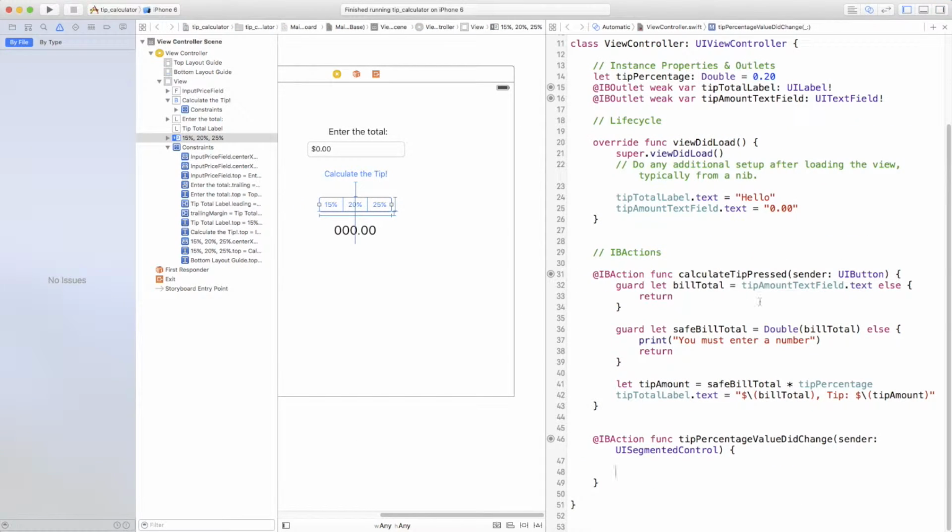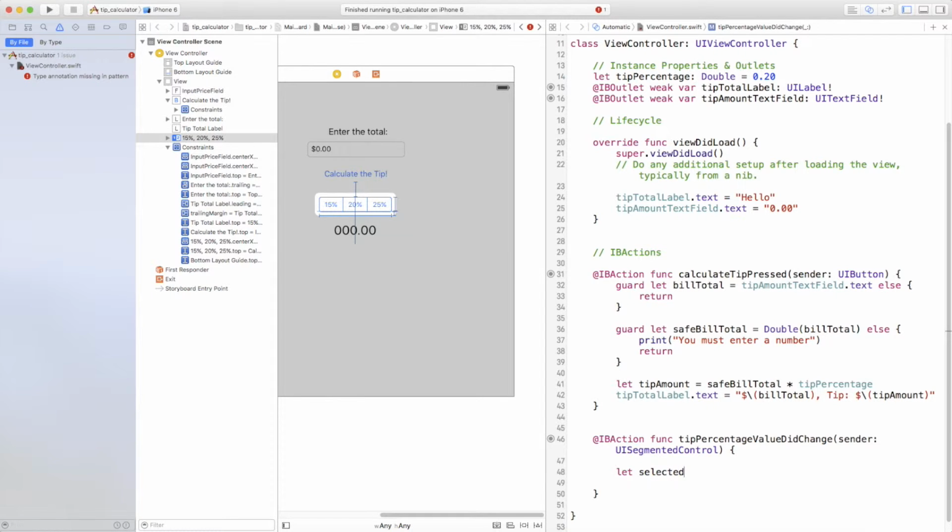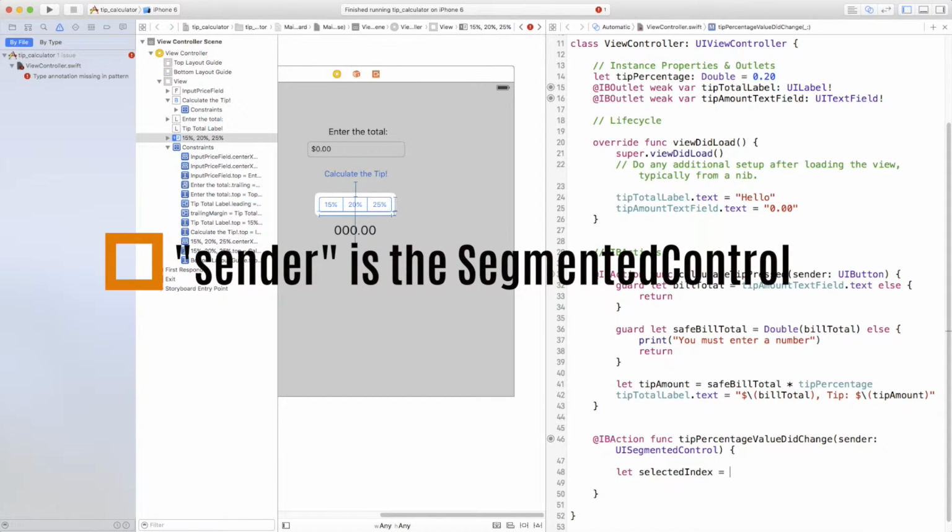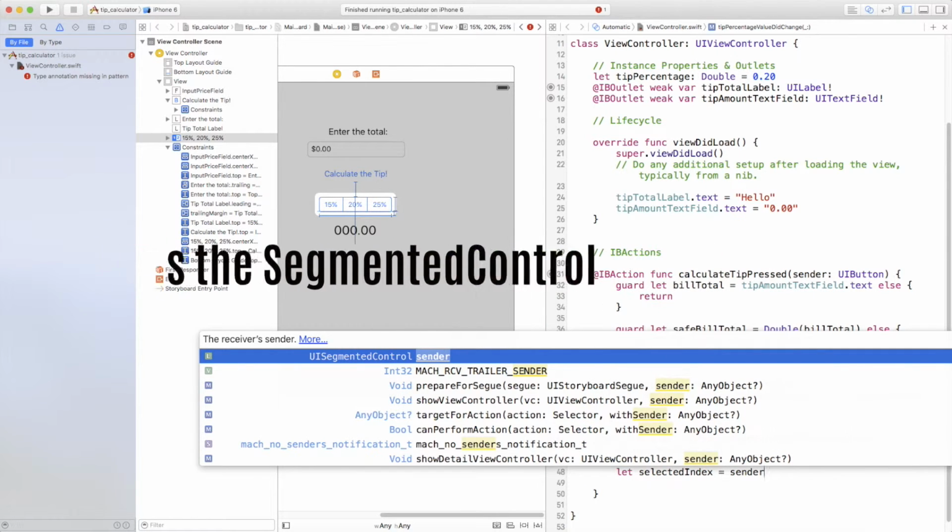value did change. I'm going to make some more room here. The UI segmented control sends an index of what's selected. So this would be 0 if 15% was selected, 1, 20%, 2, and so on. In programming, remember we start counting at 0. So this is 0, 1, and 2. We can actually get this control, or any of these controls, by using this sender object. So I can put selected index equals sender dot